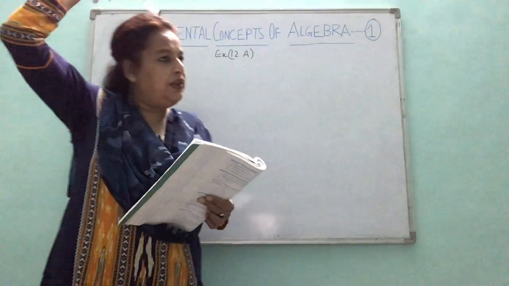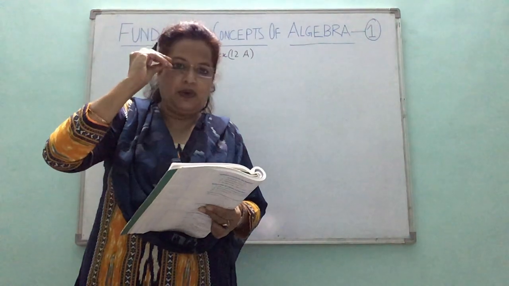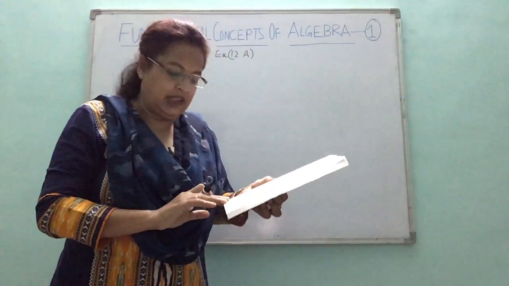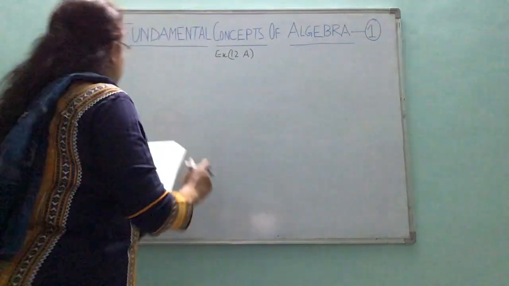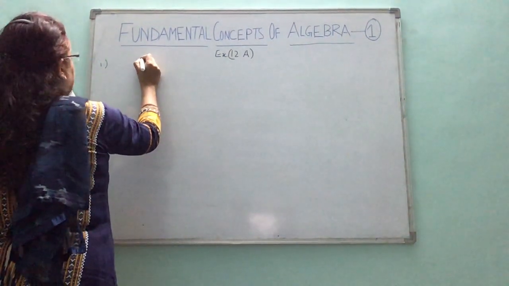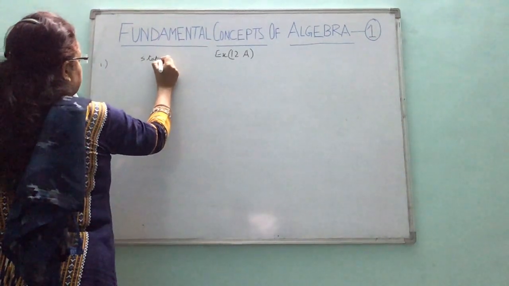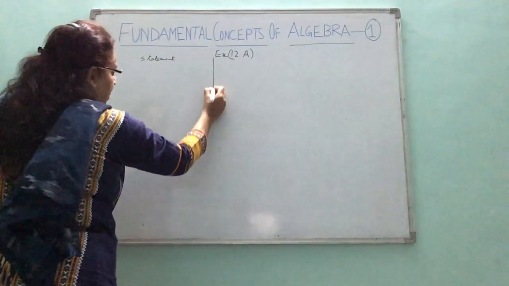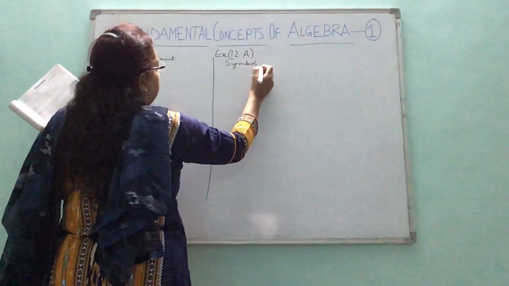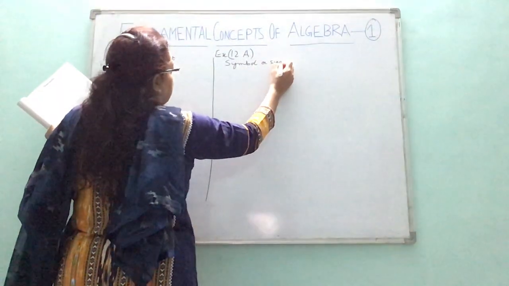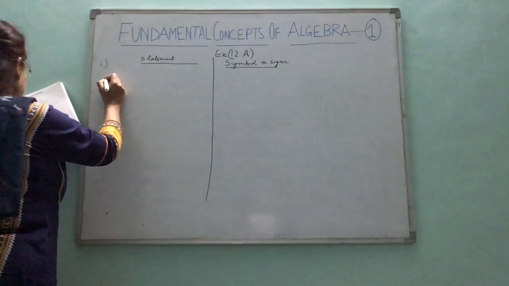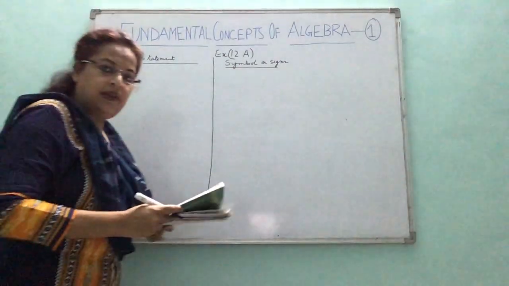Now here, as we do, you will understand more and more concepts of algebra. The first one is question number 1. These statements are given and you have to write them in the form of symbols. So for question number 1, here I'll give the heading statement, and here I'll give the heading symbol. So it would be easier. Always make symbols or signs. So I am taking some parts from this.